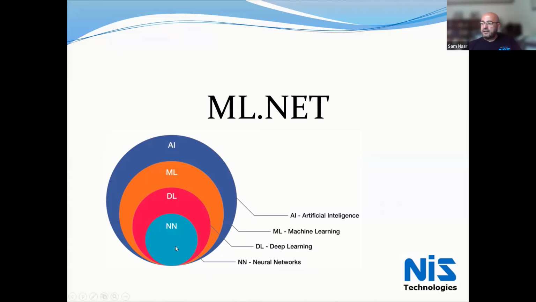And if you notice, I did nothing with neural networks or the deep learning. That was already built into the framework, but that's how we got into the machine learning aspect of it. So we utilize the building blocks that are within the SDK of ML.NET, and we're able to provide the data. And then from that, we were able to build a model or a transform, and then we could use it to make predictions. So right now we're up to the orange level for machine learning.